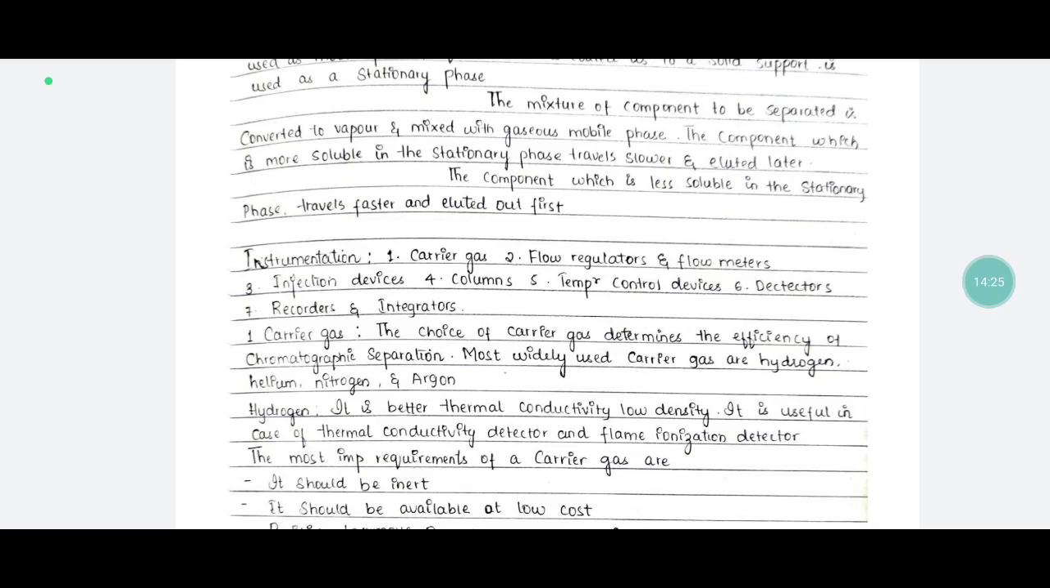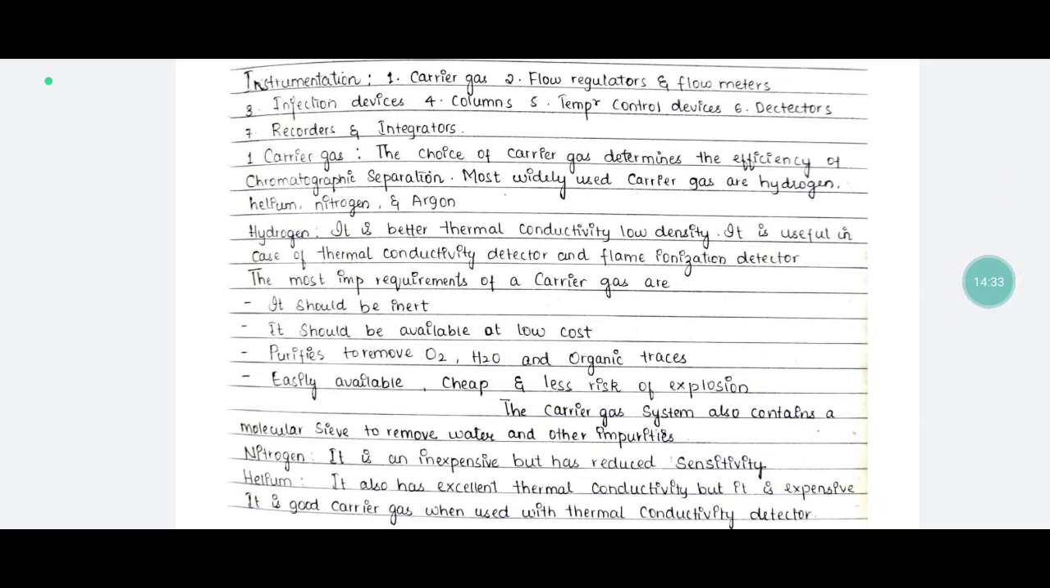So in that, the number one, most important requirement for the carrier gas is that it should be inert. It should be available at low cost, easily available or cheap, with less risk of explosion, and it purifies to remove the O2 and water and organic traces, which will be the carrier